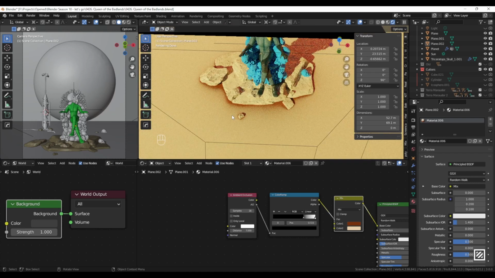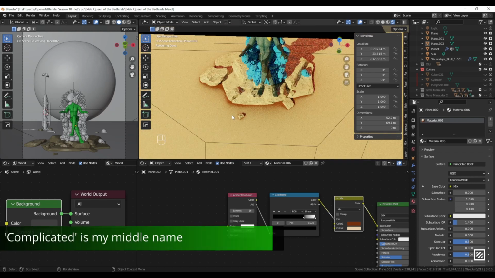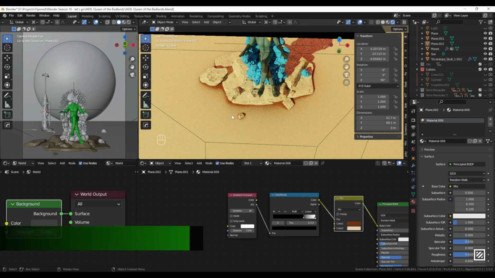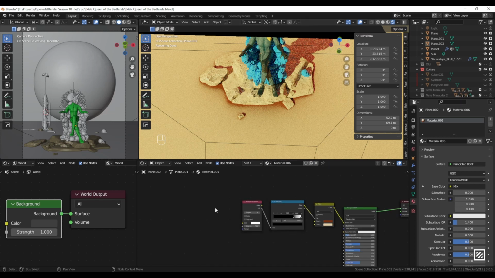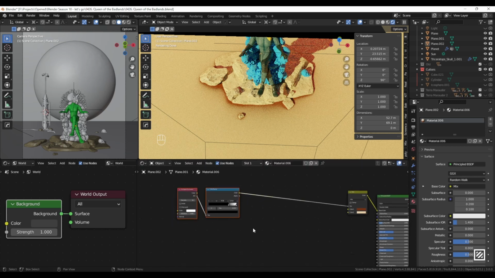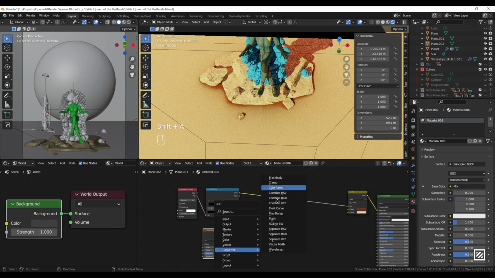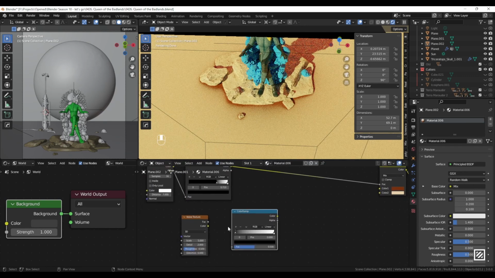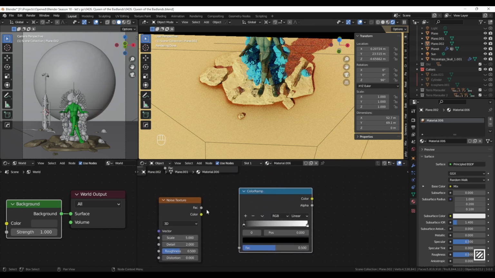But I like to make things a little bit more complicated than they actually are. You don't have to follow the next step. I will try to add a little bit noise or randomness to that dirt. So let's move those two nodes, ambient occlusion and color ramp, away, and we will have to add noise texture node and another color ramp. I will plug noise texture factor to the color ramp,